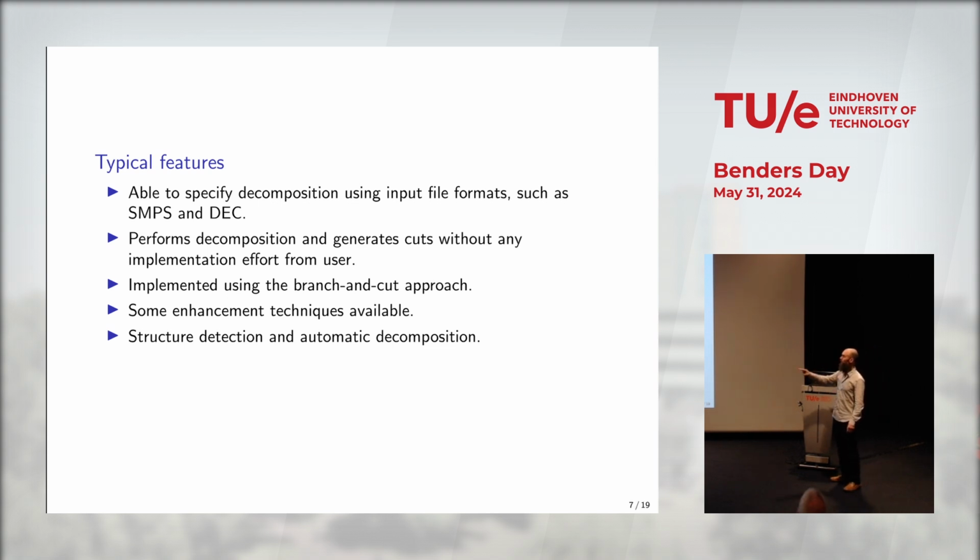And then there are some structure detection aspects. So CPLEX and SAS take the continuous variables, put them in the subproblem, and keep the integer variables in the master problem. But you're not getting much structure detection there. The difference would be SCIP, which uses GCG, and there's some automatic structure detection being used. So even if you don't know the structure in your problem, you can run with GCG and still use Benders decomposition.